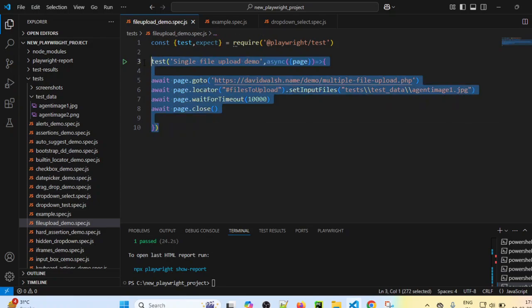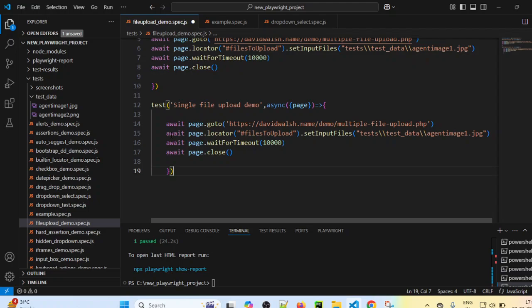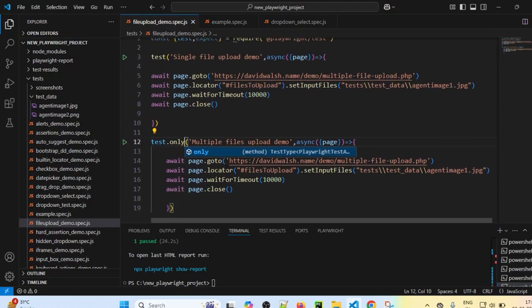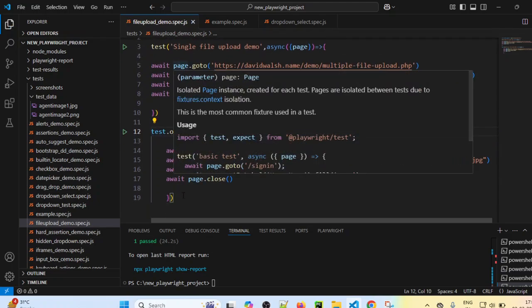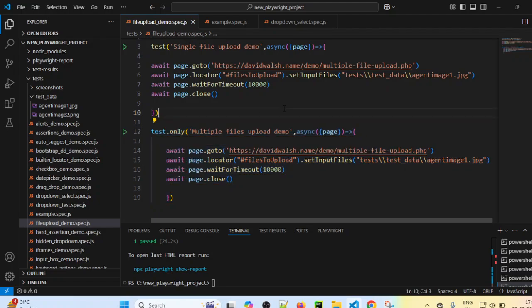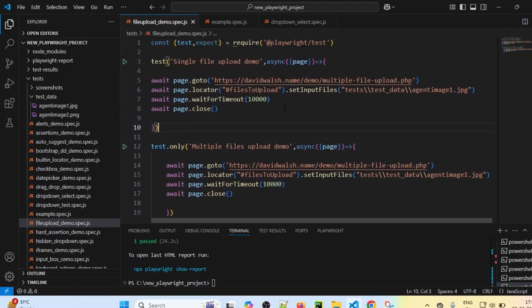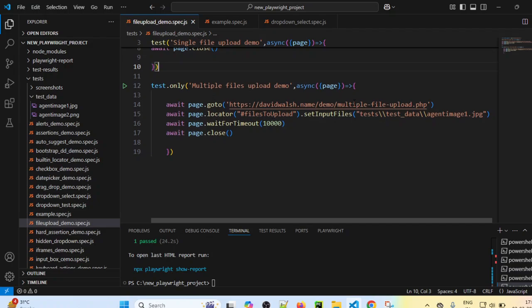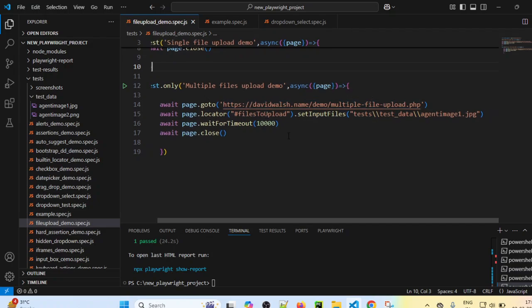Now I will show you one more example of uploading multiple files. So how we can upload multiple files. Multiple files upload demo. I will use test.only so that only this test will be executed and this will not execute. Only this test case will be executed now. That's why I have used test.only for multiple files upload demo. I will again open the same website. The only change we have to make is